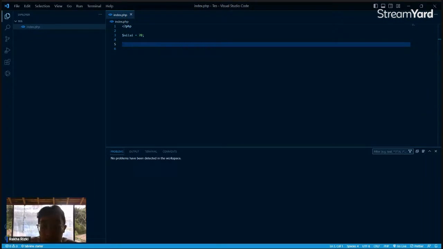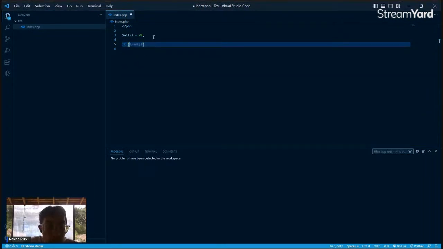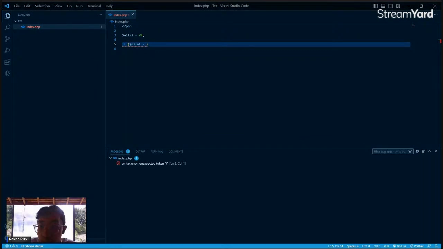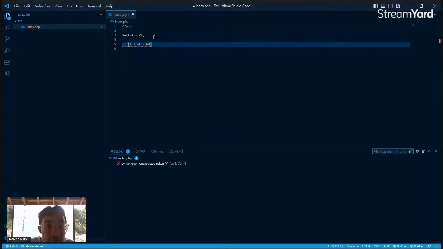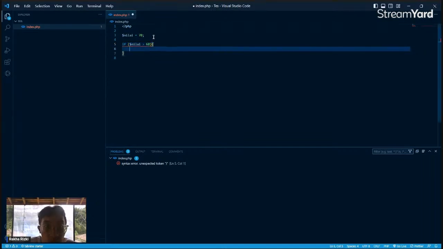Then if variable nilai is bigger than 16, the statement that will run is echo yay.